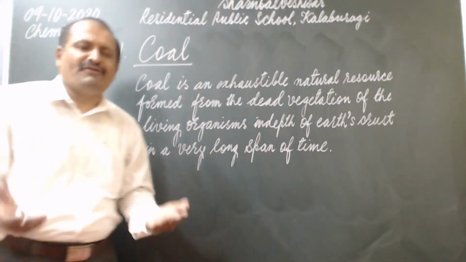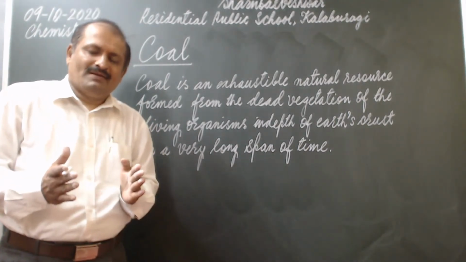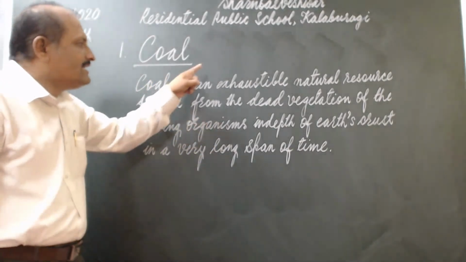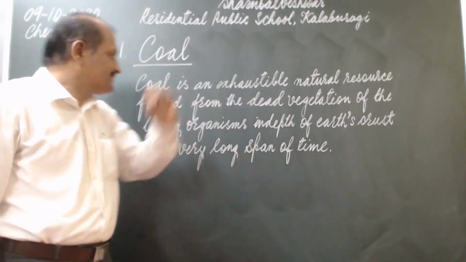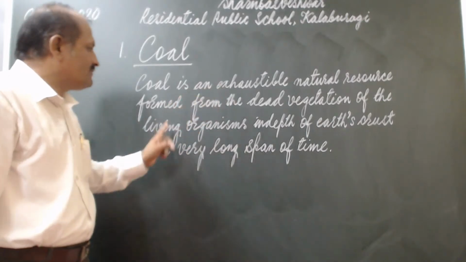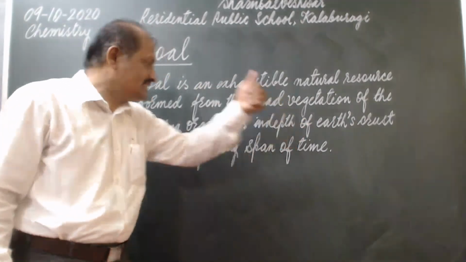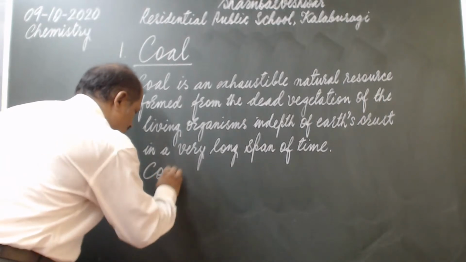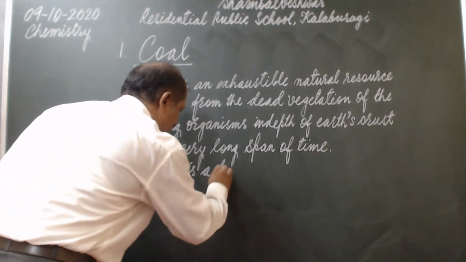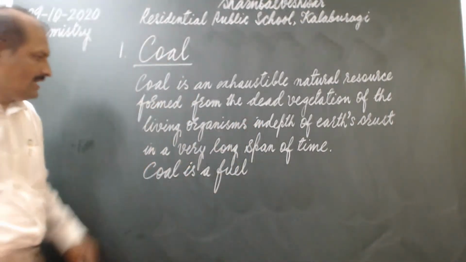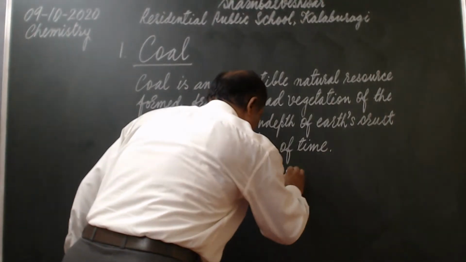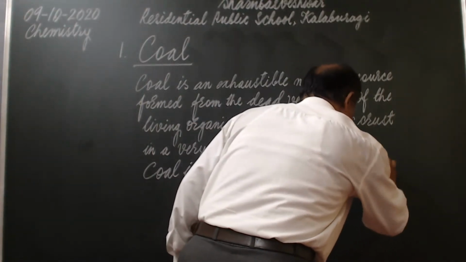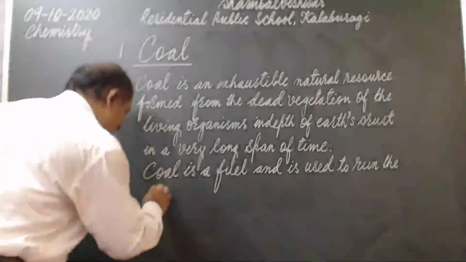Coal is a, see how to define. It's very simple. When we study that particular concept, it becomes very simple for us to define. Coal is an exhaustible natural resource formed from the dead vegetation of the living organisms in depth of Earth's crust in a very long span of time. So, coal is a fuel. Coal is a fuel and is used to run the steam engines,